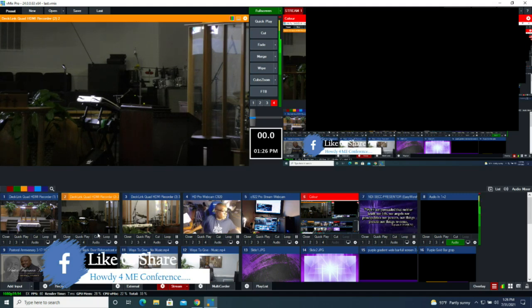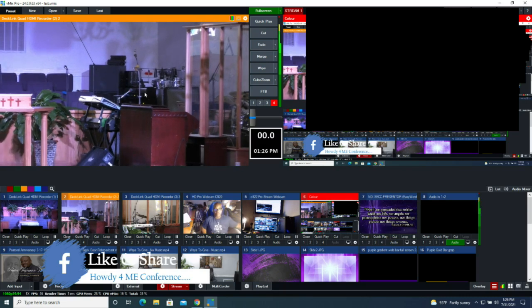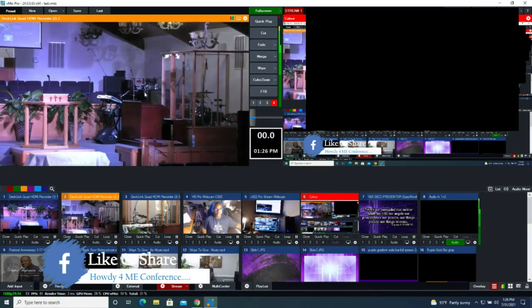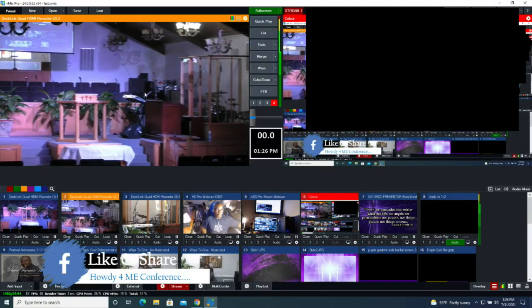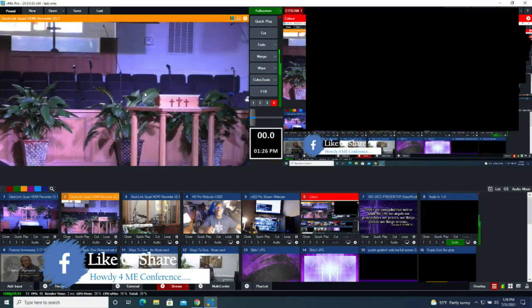And let me see if I get the stage lights on. Maybe it'll illuminate the sanctuary a little bit more. Okay, so this is camera 2 here, right here. Normally, let's switch on camera 2 on the controller. So normally we would have this shot here already set up like so, a wide shot, and we try to get the stream off for IMAG, and we get a wide shot there. And then on camera 1,